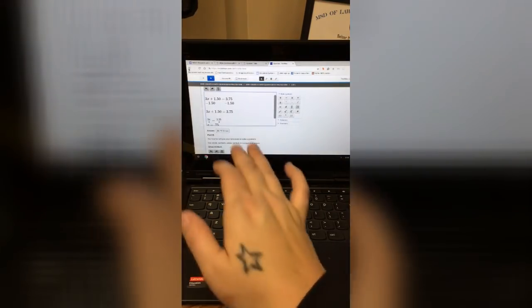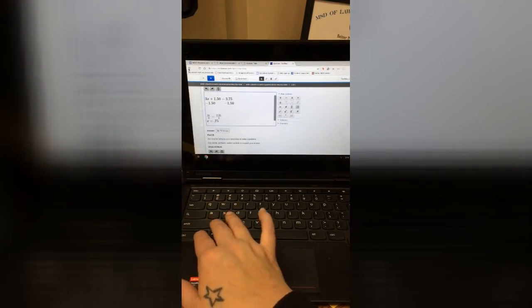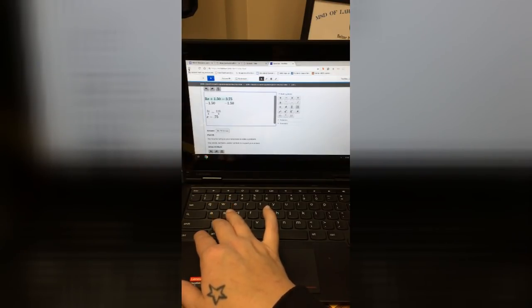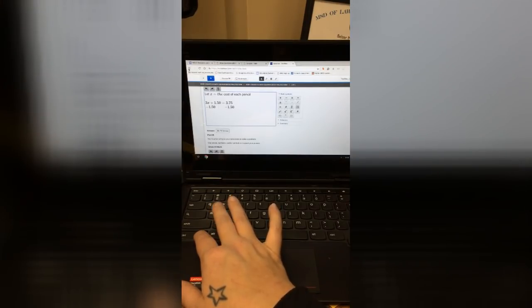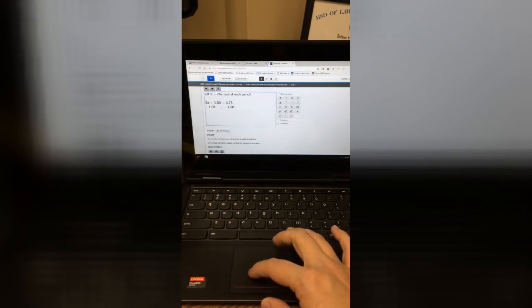Oh, but there's no paste. You're right. You know what? There's a shortcut. Control V. But I didn't really want to do that. So I want an undo button. But if I hit the back, it's going to send the entire website back. So I'm not going to do that. I'm going to hit Control Z. Control Z is actually a shortcut for an undo. So if you're making a mistake somewhere along the way, the easiest way to do it is simply to keep hitting Control Z, and it will take you step by step, one mistake back each time. So you want to move things around, you can change them, but let's trash